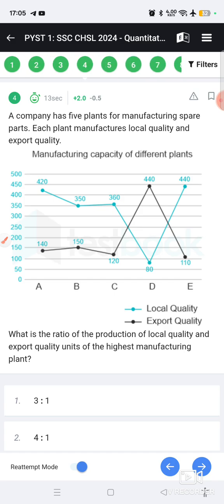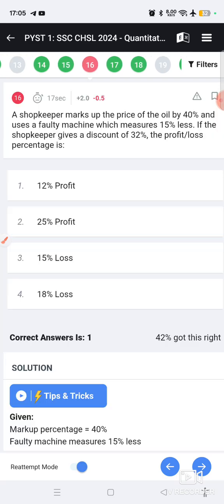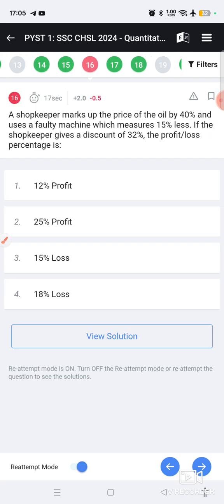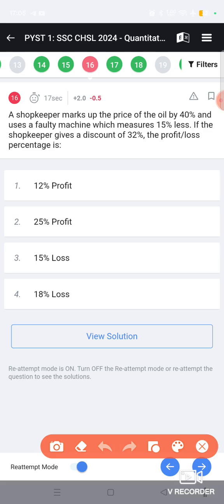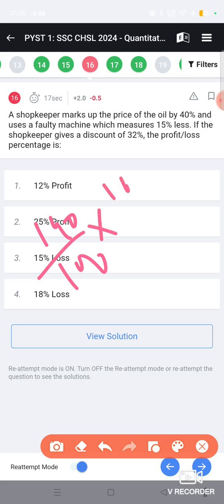and all are correct and 1 question is wrong. So we again attempt it. A shopkeeper marks up the price to 140. It means 140 by 100. And uses a faulty machine which measures 15% less. It means 100 by 85. If the shopkeeper gives a discount of 32%, then 32% discount means